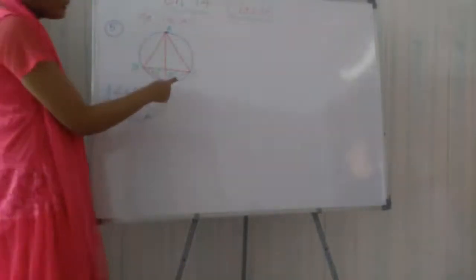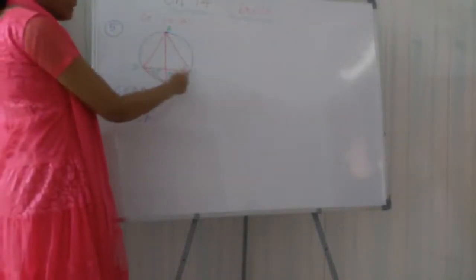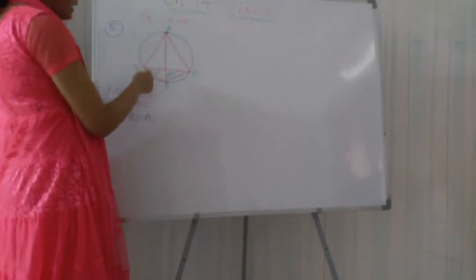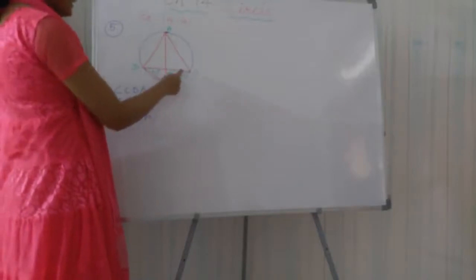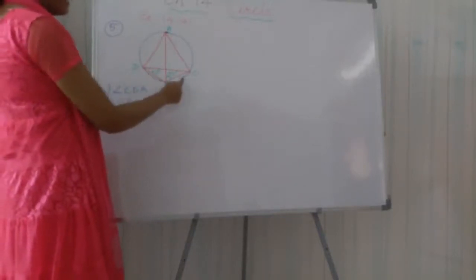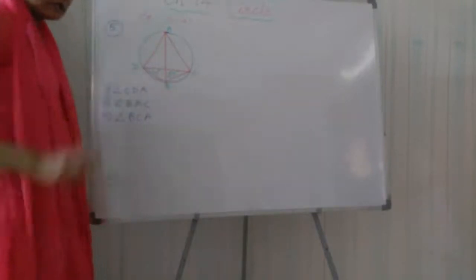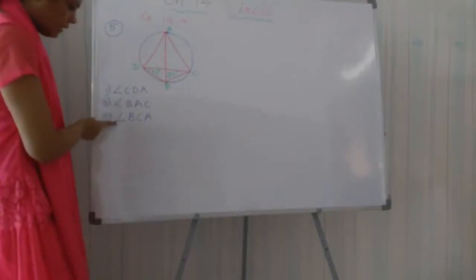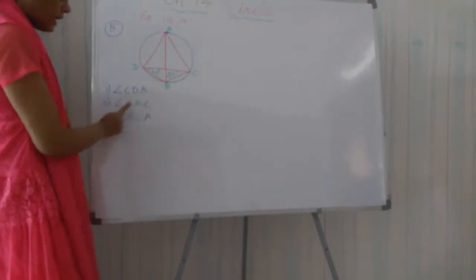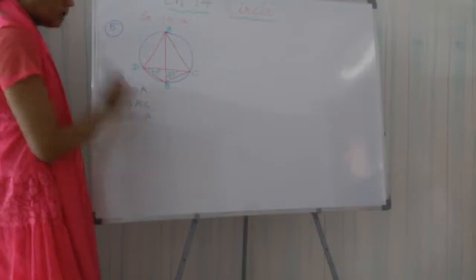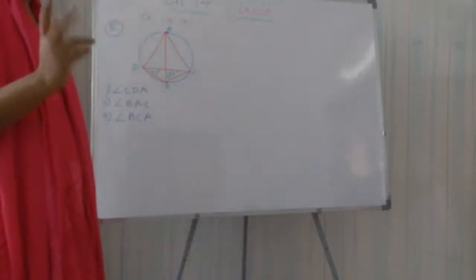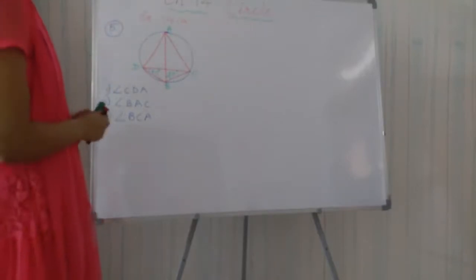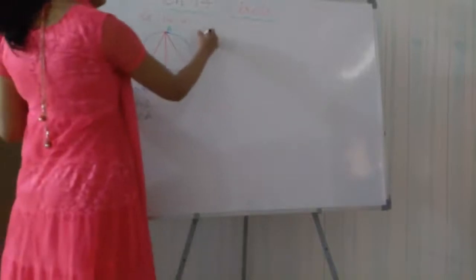This way you are given a figure. You see AB and CD are two lines and you are given angle CDB 40 degrees and angle CBA 50 degrees. These two angles are given to you in question number 5 and you want to find three angles, that is angle CDA, angle BAC and angle BCA. So again students, whatever properties or theorems we have learned before for the circle, we will use and solve this question. So I am solving the first part.